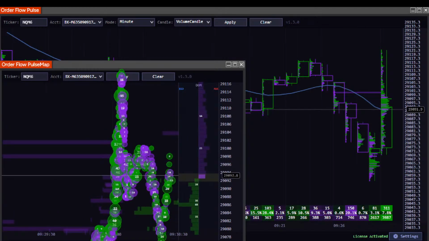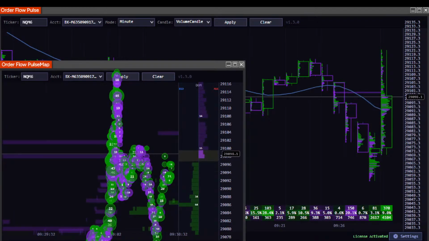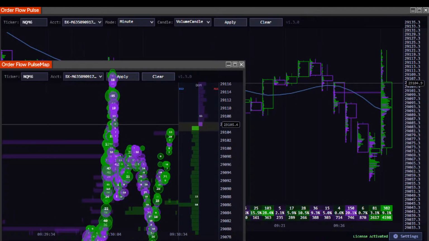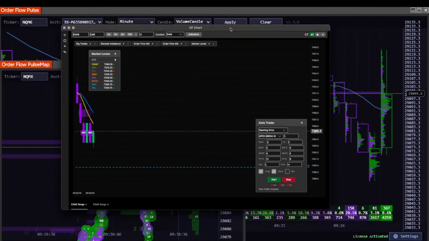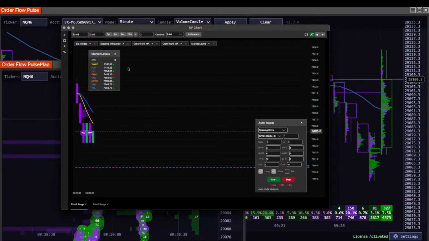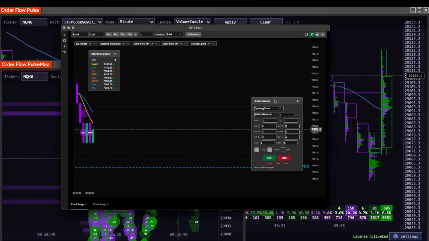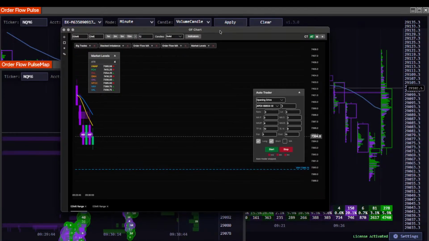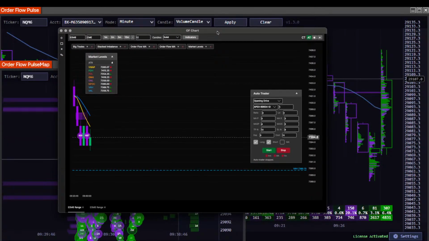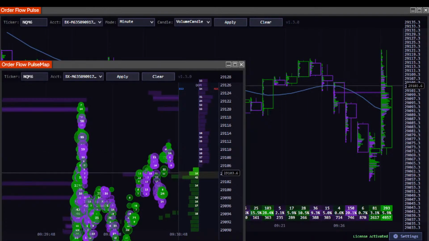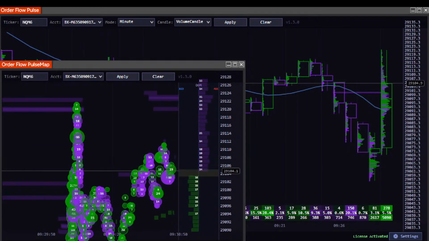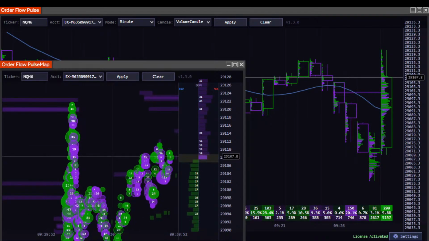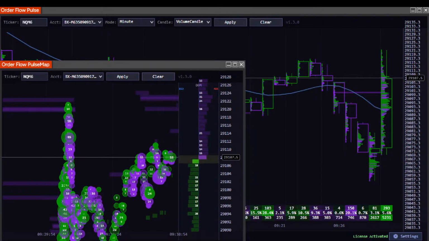I'm testing. Just let the market settle down. Okay, first couple minutes, I'm testing something called the opening drive. This is my own personal trading platform that I should be releasing in a few weeks. The opening drive is some code that I wrote.